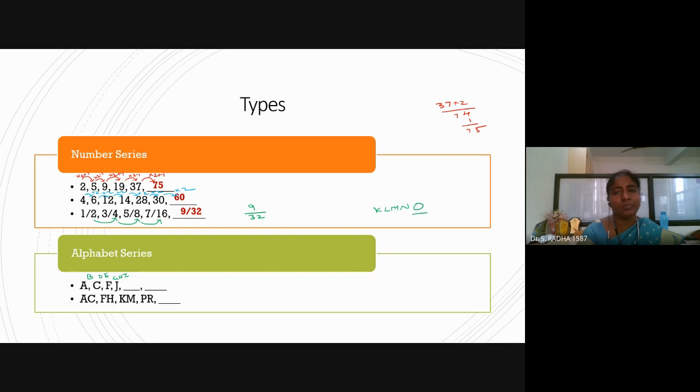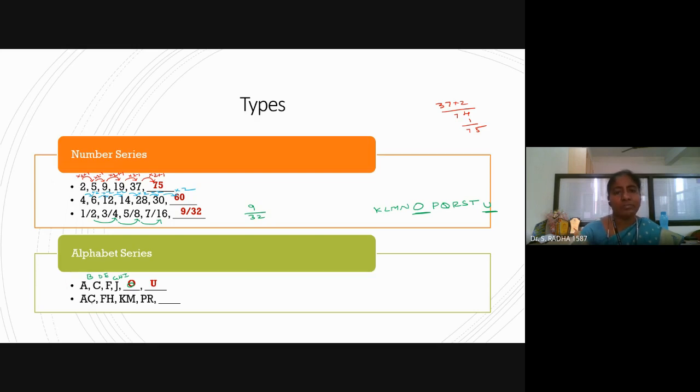Next is O. O should be the first answer. Then you have to skip five letters: P, Q, R, S, T. Five letters, then U. U should come in the second blank. You are having alphabets. There is some logic. Once we put the pen on paper, we will understand what the logic is. Though you memorize many things by heart, we will forget. Just go with alphabets and it will help us.